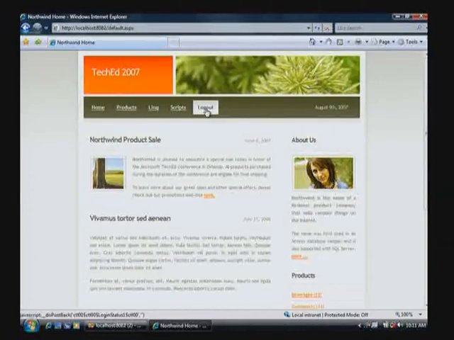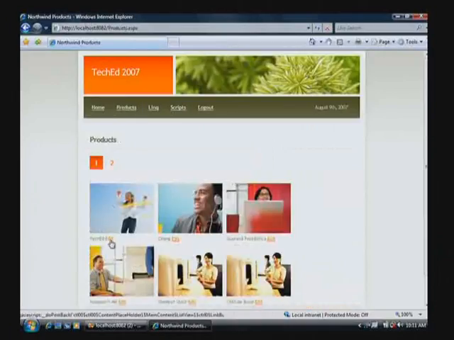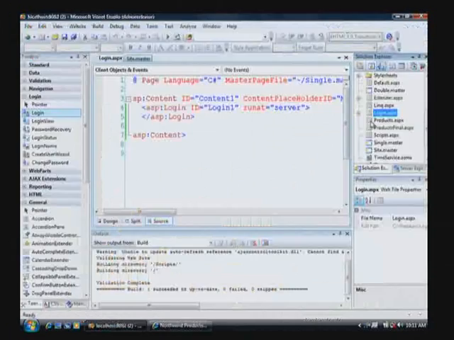One of the things I want to do now is restrict only users that are part of the TechEd role to be able to edit the application. In this particular case, I might want any user that's logged in to see all the products, but maybe only users that are part of the TechEd role to edit the description of those products. So we can go back to our products page,